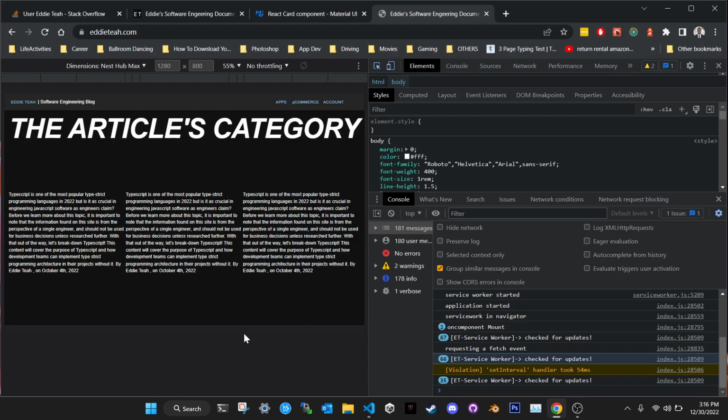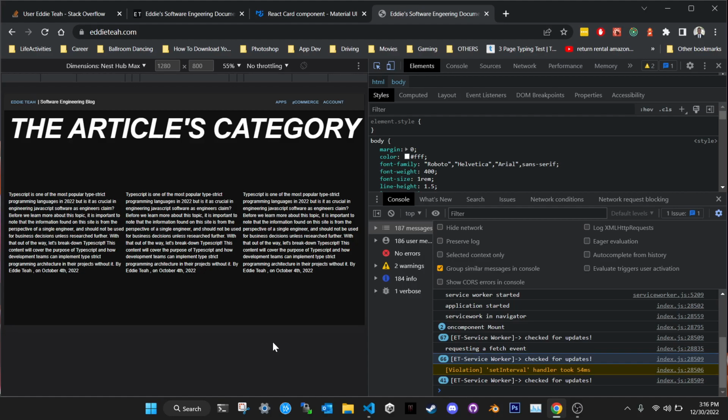PWA and Express servers based API like websites. These are like two different things, but they kind of work in the same sense.